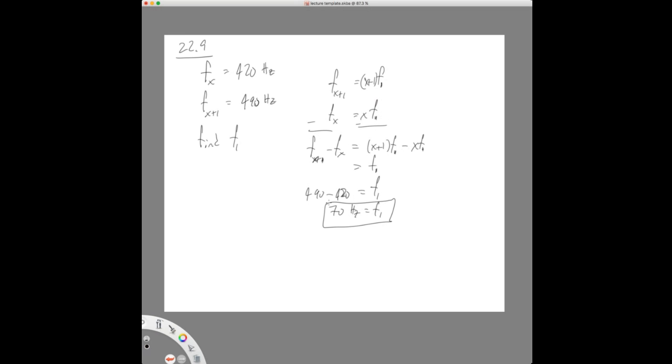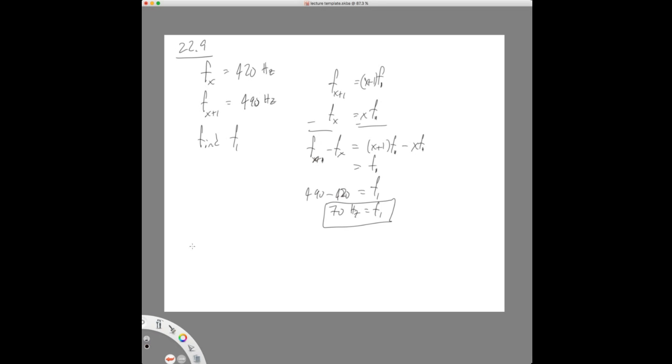Let me make a comment about this problem before questions, because this thing I did with the f(x) and x plus 1 probably seems like something you won't think of if you haven't seen this before. But here's what's really happening. All of the frequencies have to be a multiple of the fundamental frequency. So you really look at 420 and 490 and say, those need to both be multiples of some number. And if there's nothing in between them, then the difference between them will be the fundamental frequency, because the